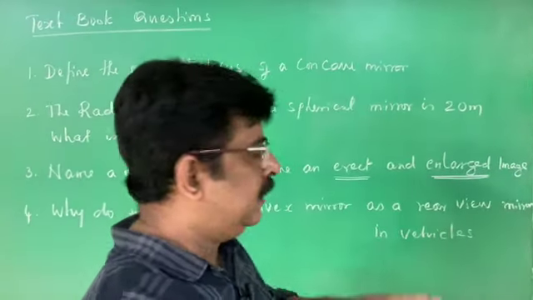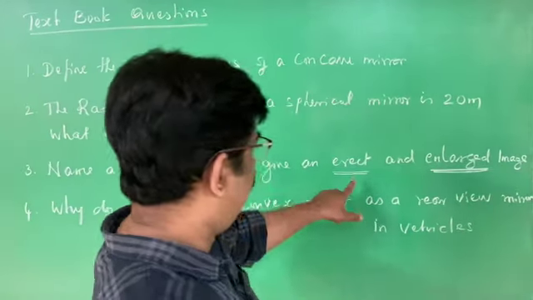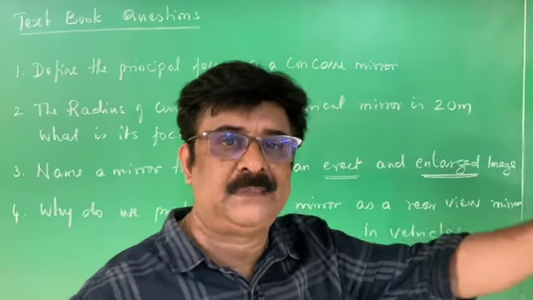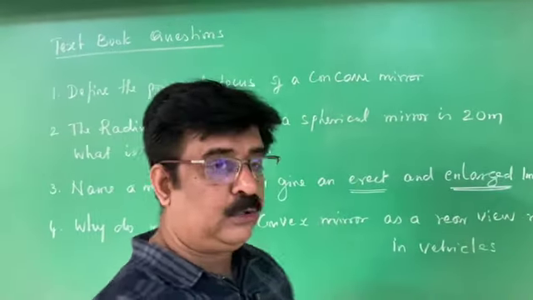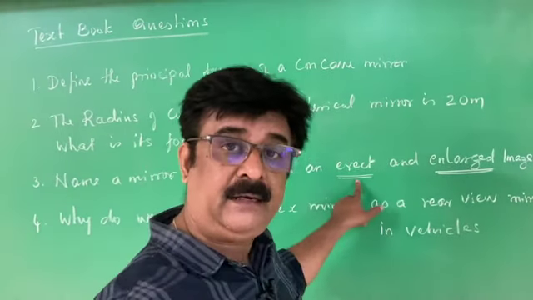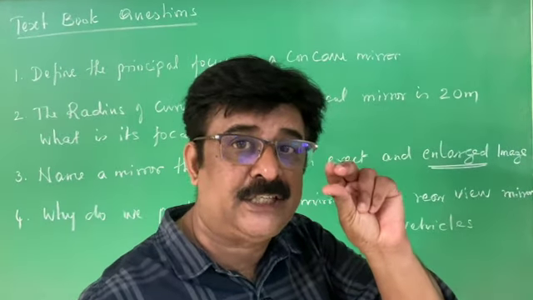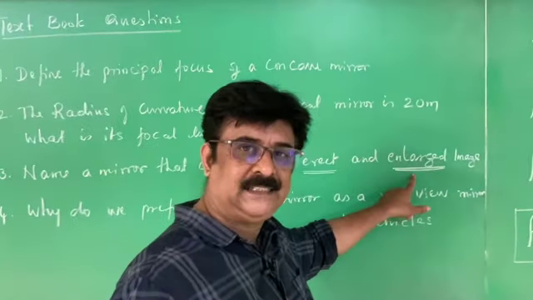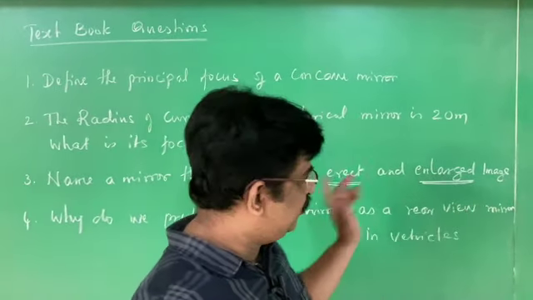Only three mirrors. See, first I start with the plane mirror. In a plane mirror, we get an erect image. First condition is satisfied. But we don't get an enlarged image. We get an image of the same size. Therefore, it cannot be a plane mirror. Gone. Then I go to the convex mirror. Convex mirror is one such mirror. It gives an erect image, right? It gives an erect image. But the image of the convex mirror is always diminished. Always smaller. Therefore, it cannot be convex. It cannot be plane. It cannot be convex. Then it should be concave.